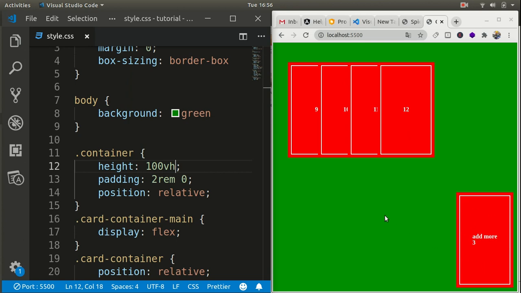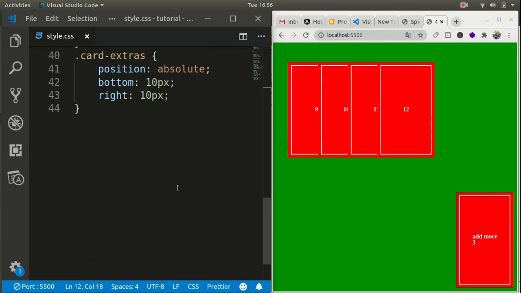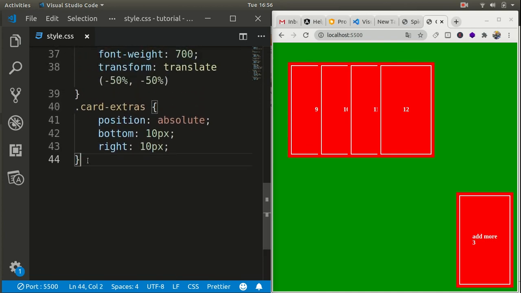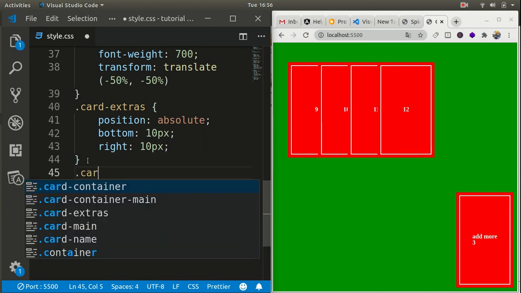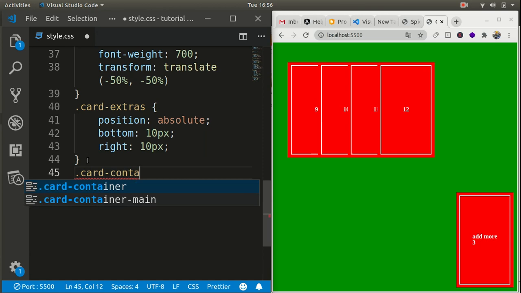So now we are left with separating these 4 columns. So let's do some work on it. These 4 columns have a class of card container.